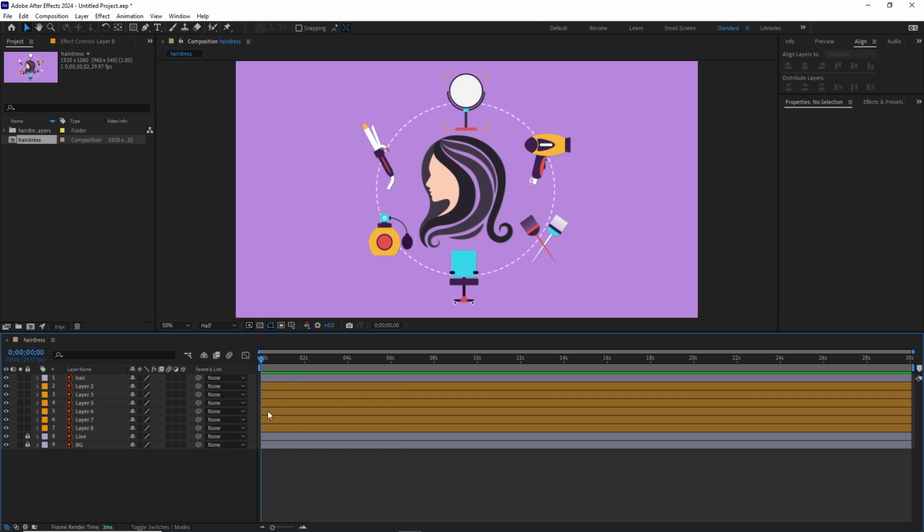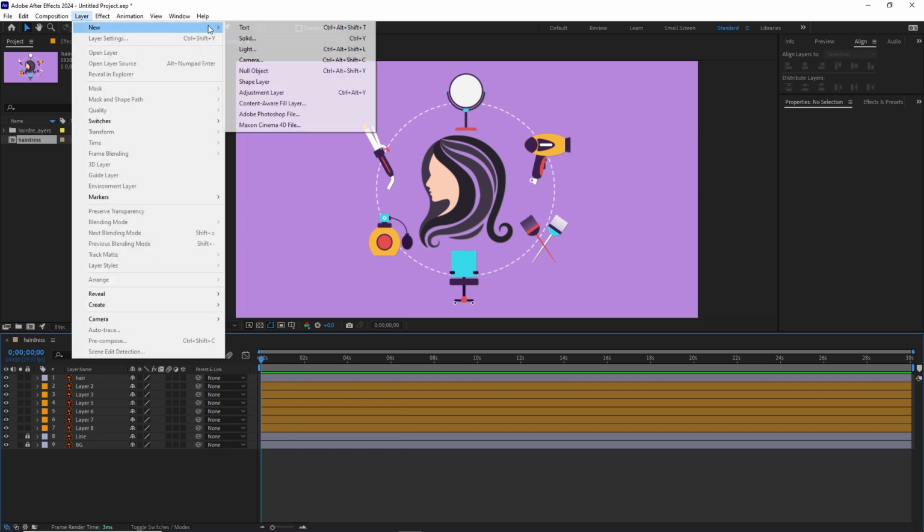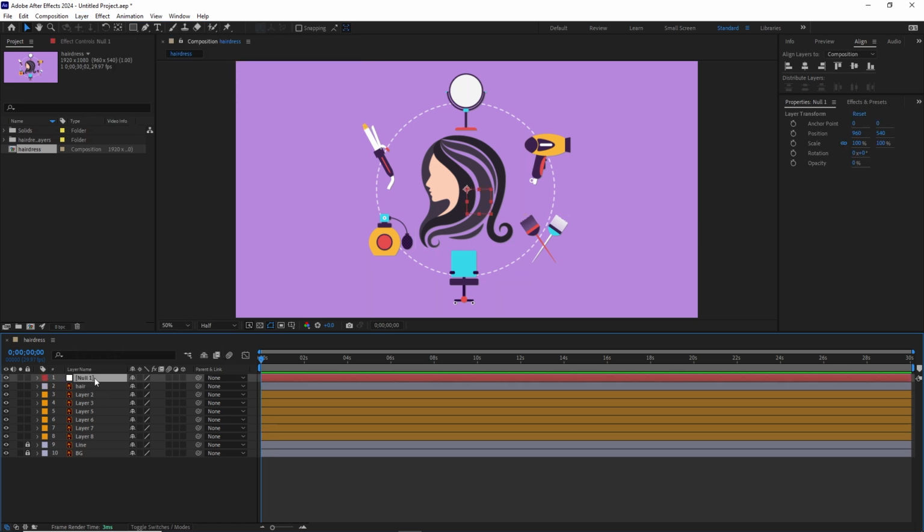Now what I'm going to do is go to Layer, New, and choose Null Object, like so. It is going to create this null object with the anchor point in the center. And that's why I want to have everything in the center, because I'm going to parent everything to this null